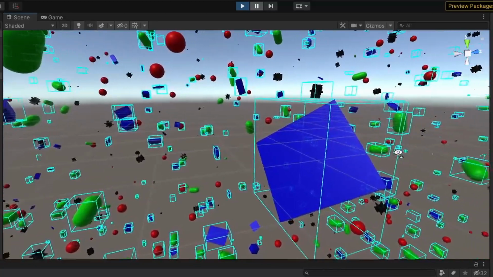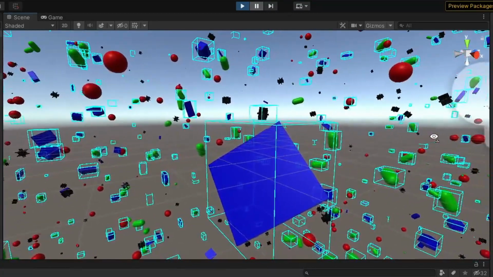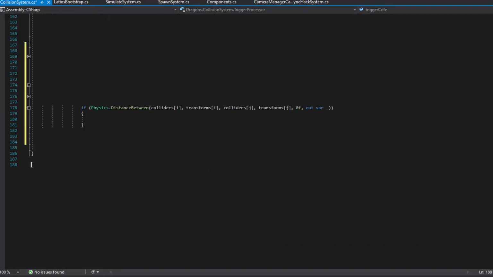Anyways, these things move, but they don't interact, so let's create a collide system to fix their ignorance. There's a function called distance between, which can test two colliders against each other. So we could test every collider against every other collider, but that's really slow. Don't do that. Most of the colliders aren't even close to each other, and we can be clever about that